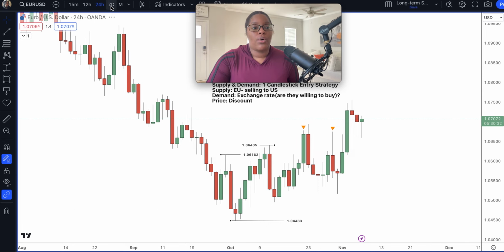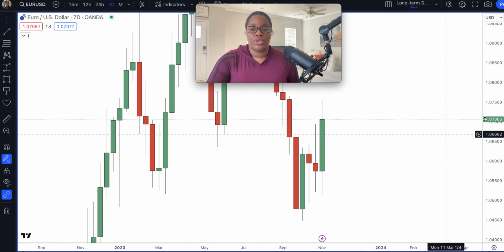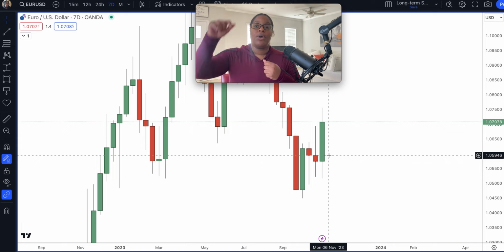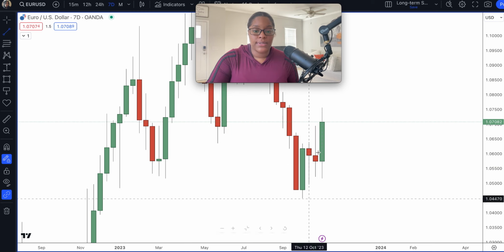So I'm gonna go up one time frame. I'm gonna go to the 7-day time frame. Now the candlestick that sticks out the most to me, especially after we got that reversal on the daily time frame, is going to be the difference between the time frame where that lower low was made and then where my higher high was made, right? So the candlestick I'm going to be looking at is this bullish candlestick here,